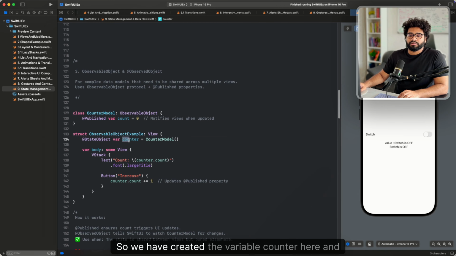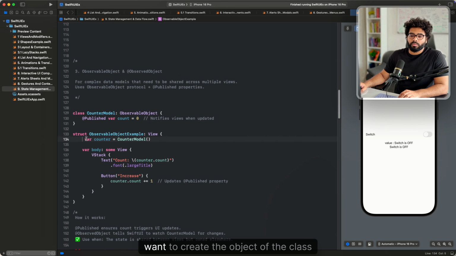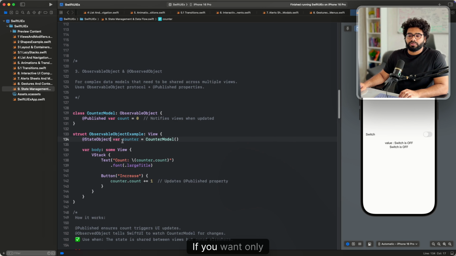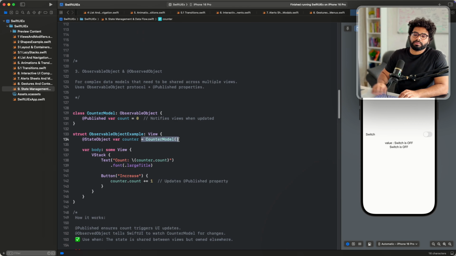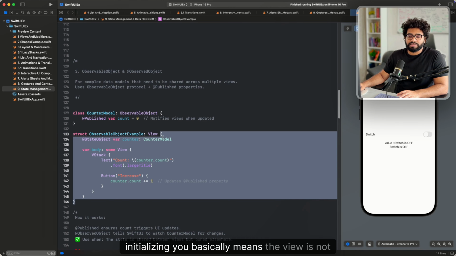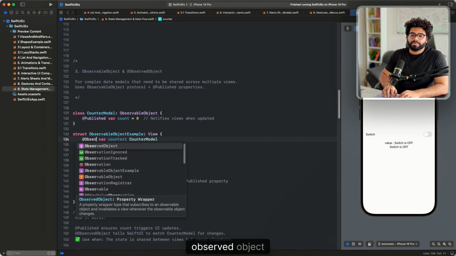So we have created the variable counter here, and we are using @StateObject. When you want to create the object of the class, we should use @StateObject. If you want only the property with the type, and you are not initializing it, which means the view is not initializing it, then we should use @ObservedObject,